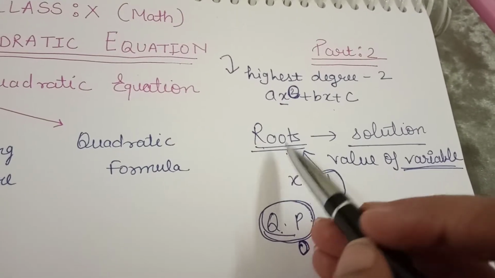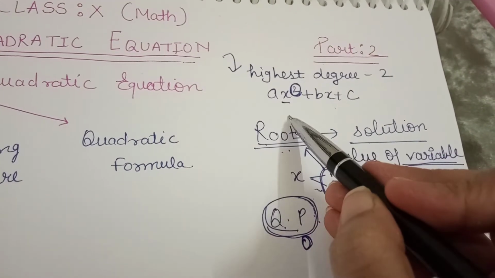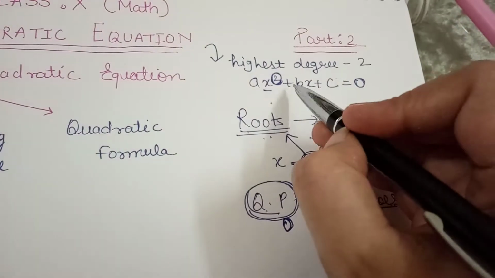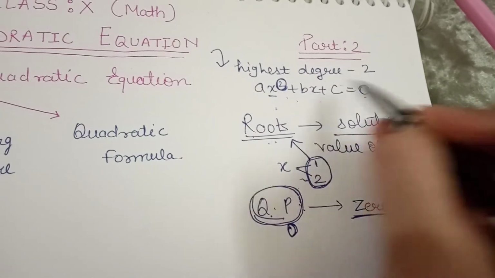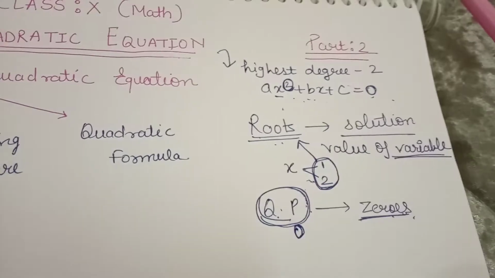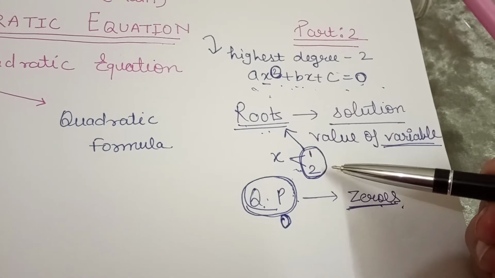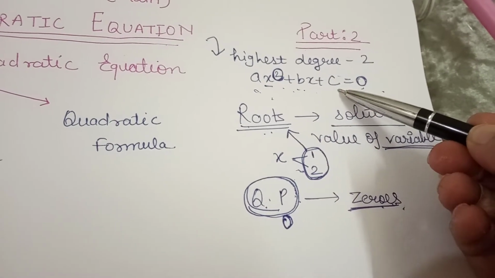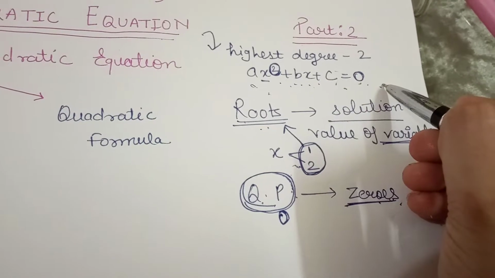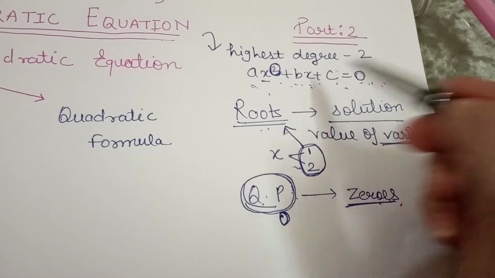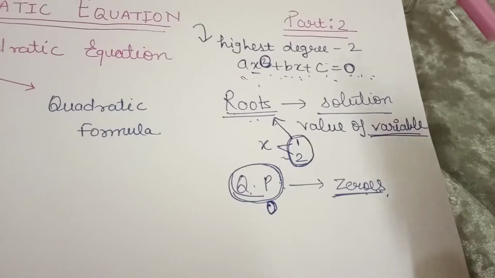And roots means when you put these values of x in this quadratic equation, this is an equation, so these roots will satisfy the equation. Satisfy means the left hand side and right hand side will come equal. If you put the solutions of this equation, the values of x, in this equation, they will satisfy this equation, the left hand side and right hand side will be equal. That's why we call them roots of quadratic equation instead of calling them zeros. Fine. So I think you got my point, what are the roots of quadratic equation.